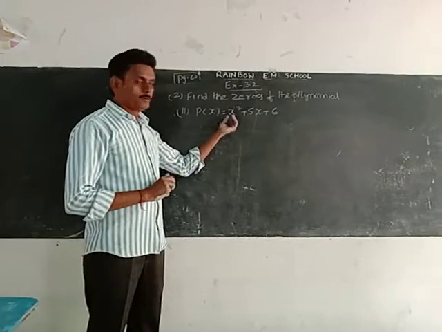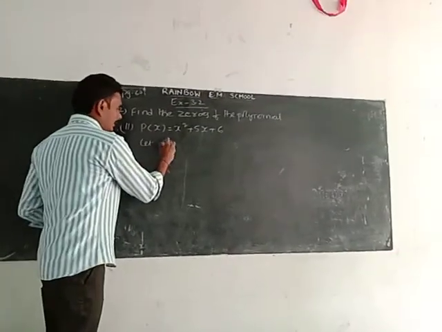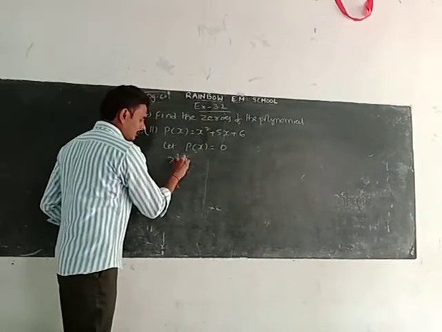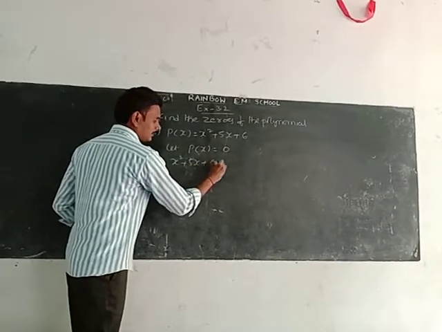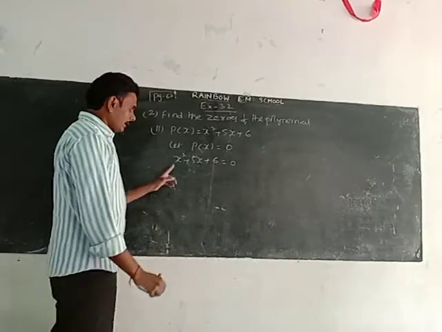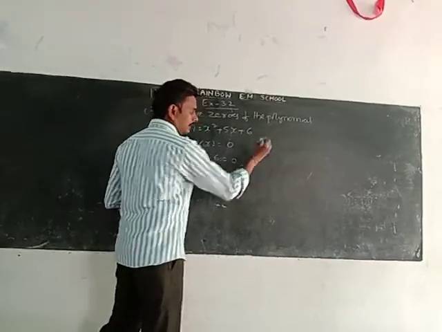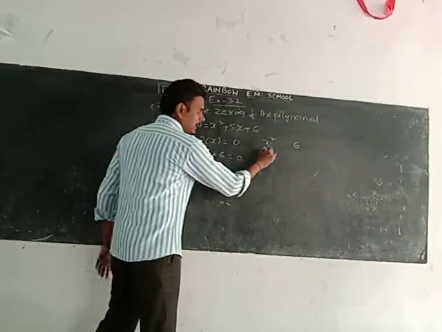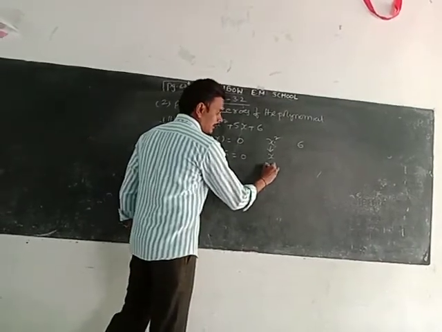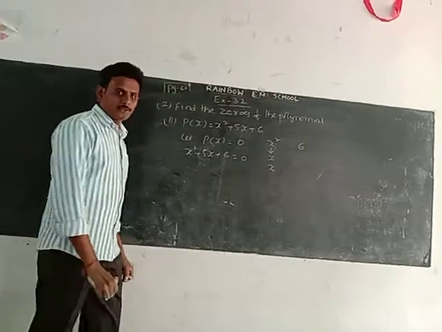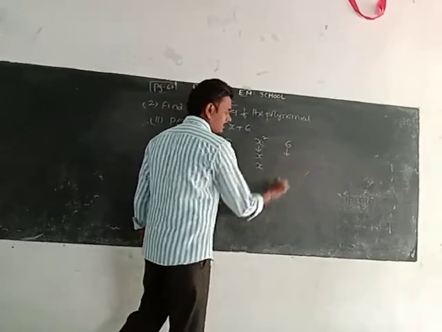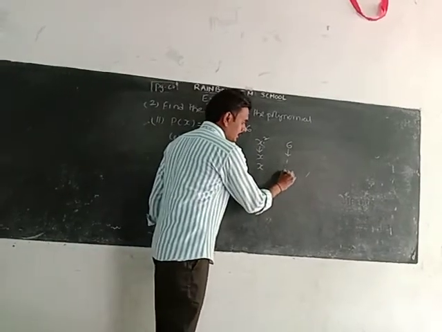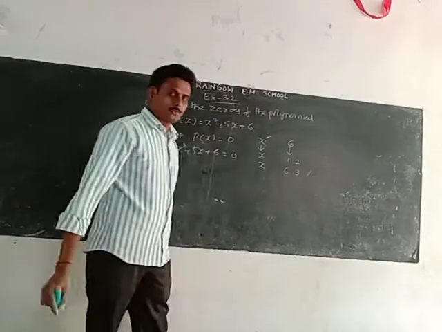Okay, p of x equal to x square plus 5x plus 6. Now let p of x equal to 0. Take this one, x square plus 5x plus 6 equal to 0. Now in x square, what is the highest degree term? X square. The least degree term is the constant term 6. Resolve them into products of two numbers. This one we can write as x into x. This one also we write as a product of two numbers. We can write 1 into 6, or 2 into 3.